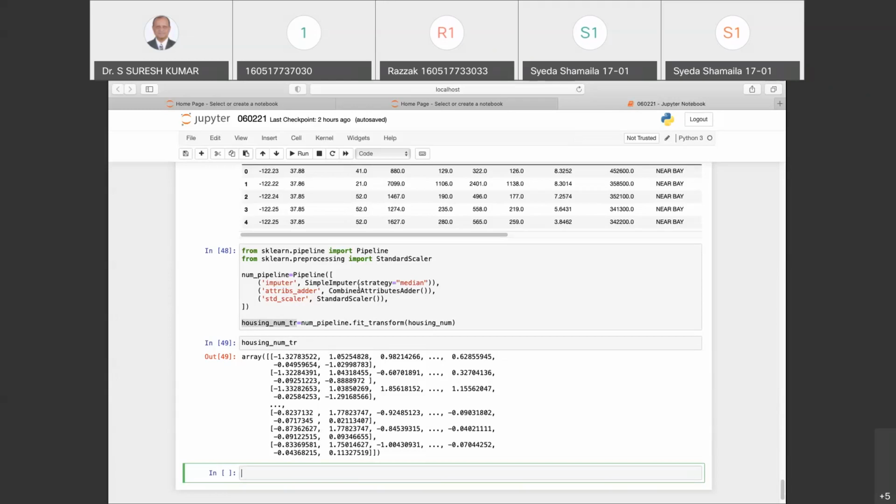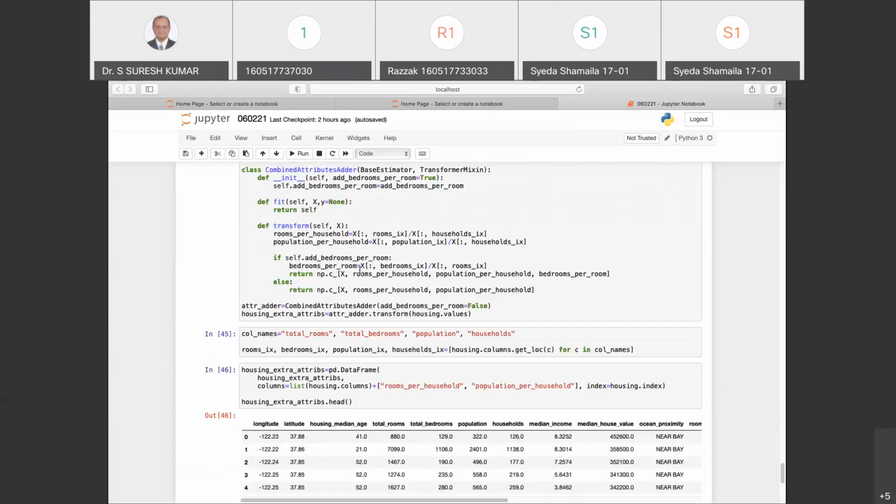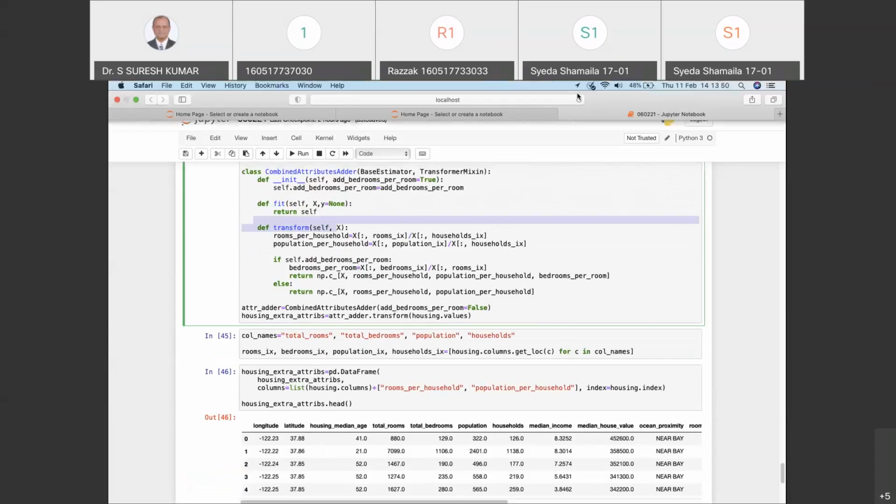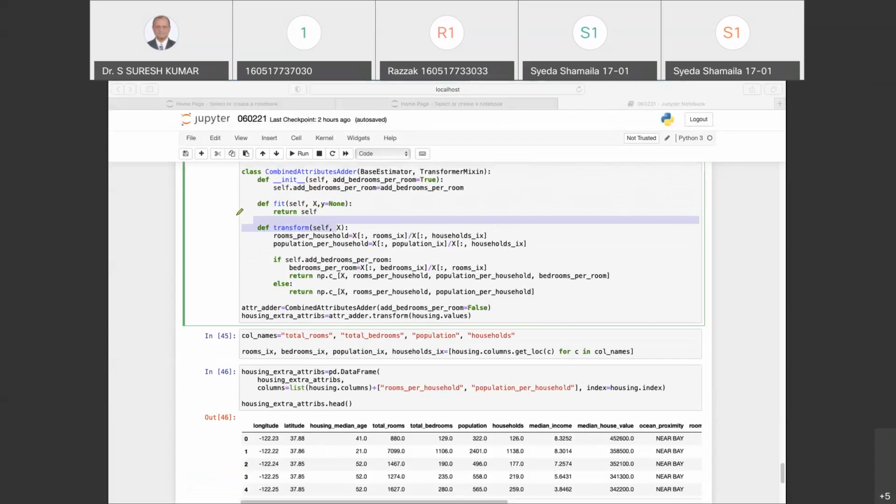Okay, here this pipeline constructor takes a list of names and estimator pairs, defining a sequence of steps. Now all but the last estimator must be transformers. That is, they should have the fit_transform method. You can just see earlier, see here, it has to be a transformer with the fit_transform method. The names can be anything which you want, as long as they will come in handy later for hyperparameter tuning.